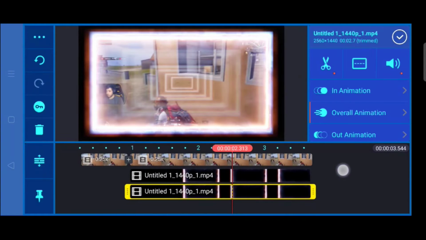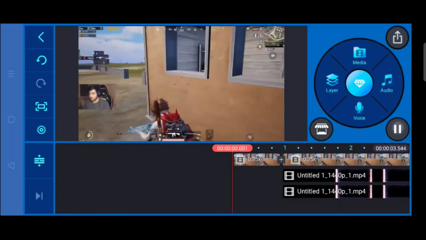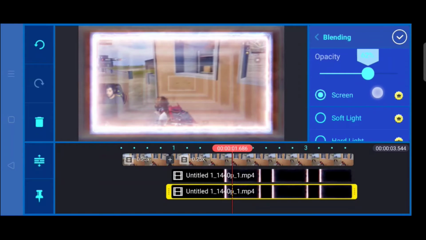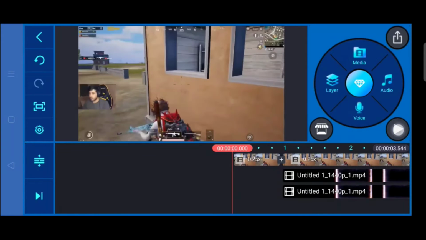Now click on the second layer and do send to back. After doing send to back, click on the blending and make its blending around 50%, or you can adjust it according to you.